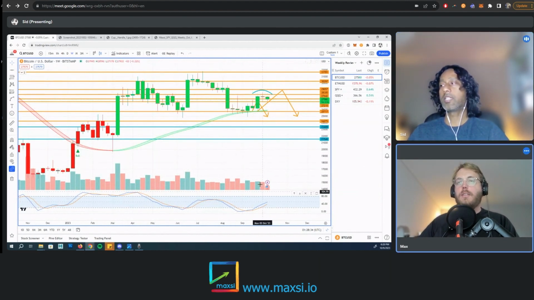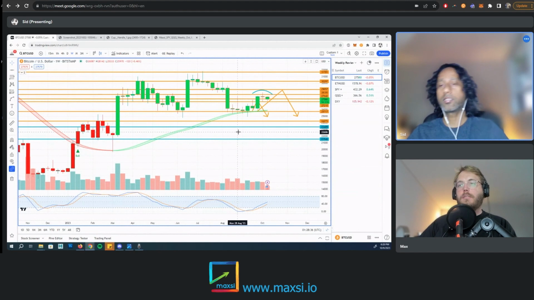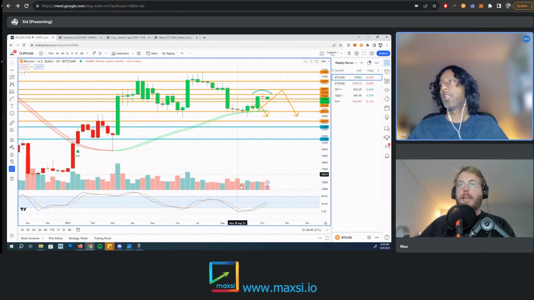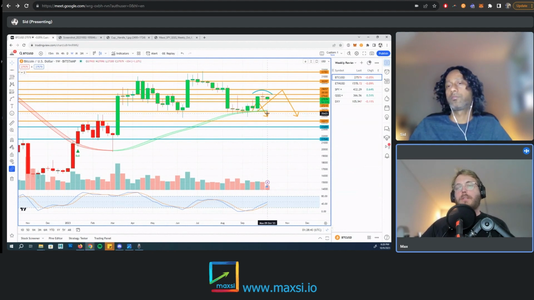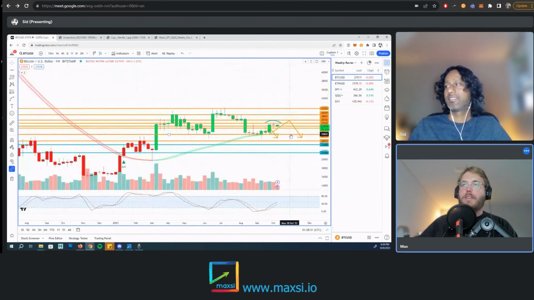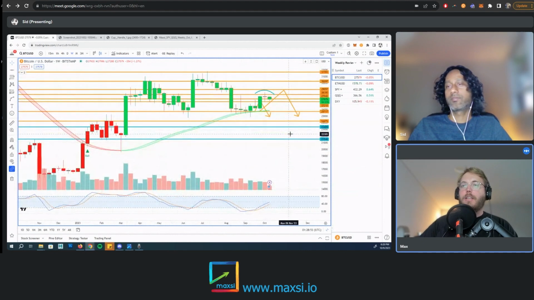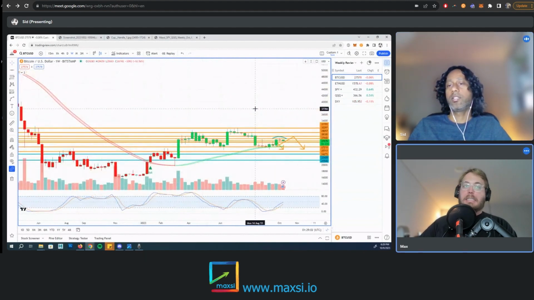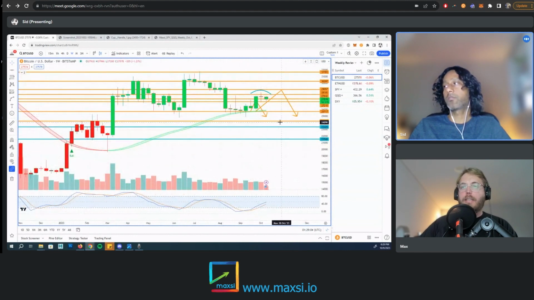Looking at Ethereum, they follow kind of the same direction. It is interesting to see that Bitcoin is absolutely still above the green band. It's still trying to hold on to its bullish sentiment, but it's losing steam here. It feels like each of these highs has been lower than the last so far, and then we're getting lower lows too. So I think it's just a matter of time till we lose